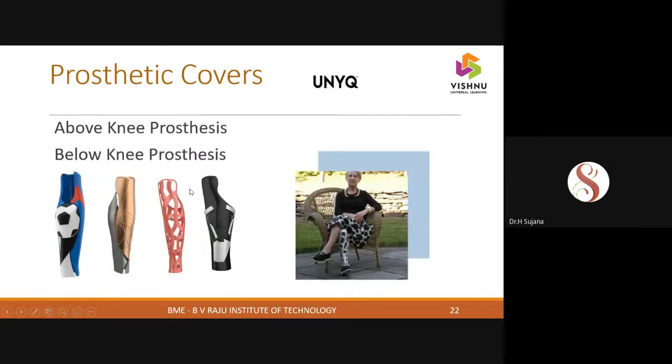So let me show you another company which works on prosthetic covers. Any prosthetic limb consists of a lot of electronic components. It has servo motors, and if you just look at it without a cover, it looks kind of scary. So every prosthetic limb is provided with a cover. This company, UNQYQ, came up with prosthetic cover designs in 30 models. Whichever design you want, you just pick it up based on your dress. You can match it with the dress and wear the limb.